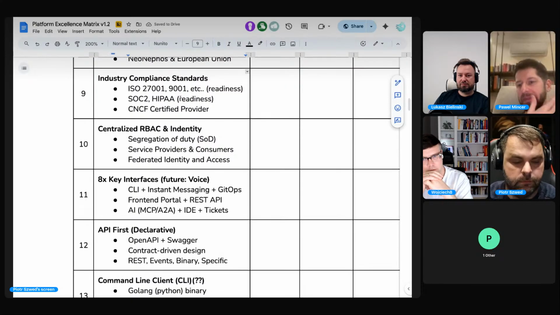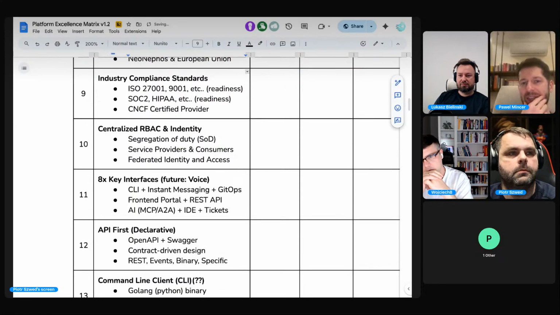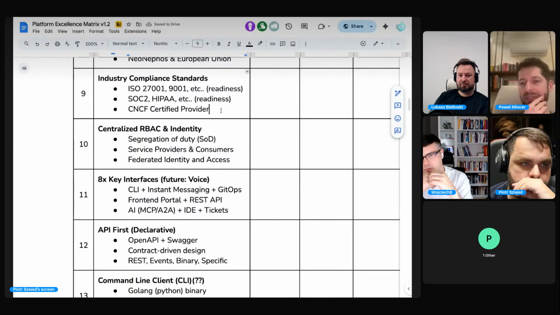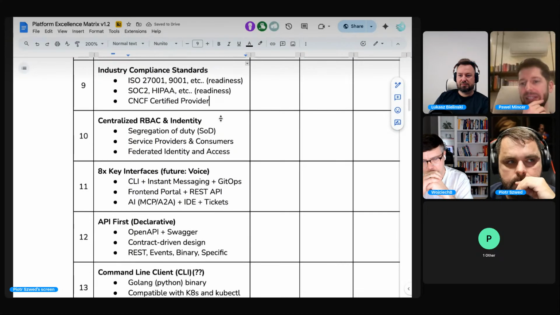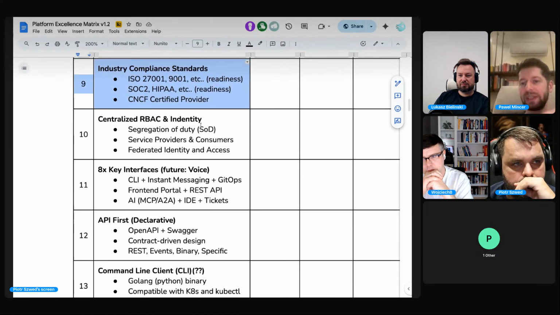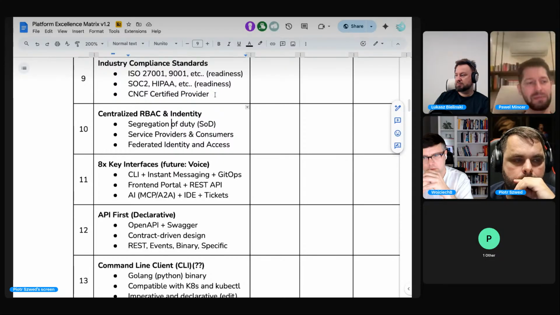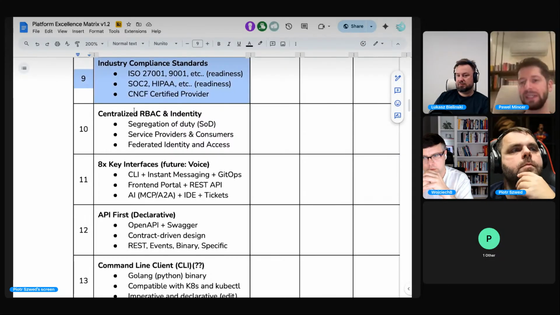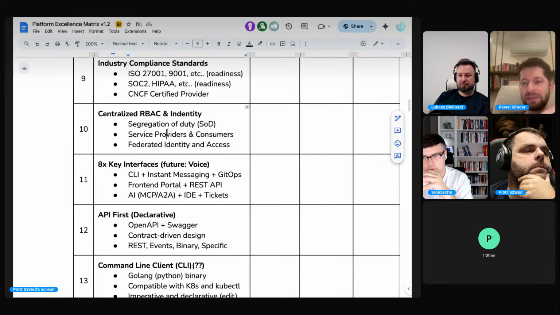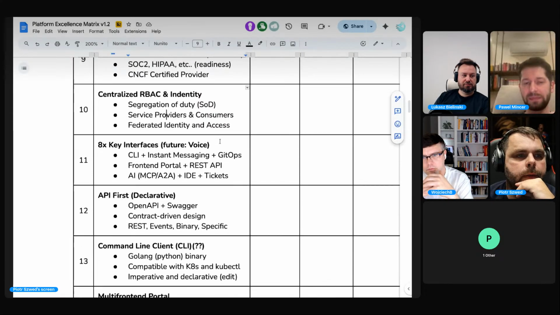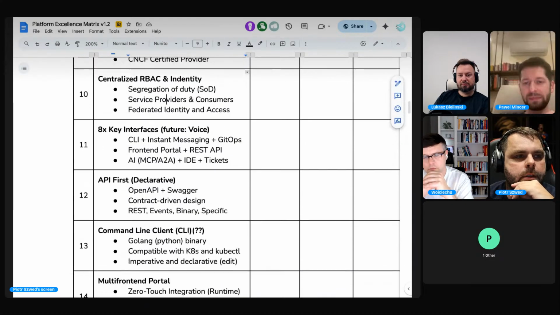So if its platform is new and doesn't have it yet, they might be planning to do it next year or something like that, or in 2 years, whatever. But the client needs to know that if it requires this kind of certification, then they have to know when it's going to happen, right? Potentially, if they want to buy it. Okay, let's jump to the next one.